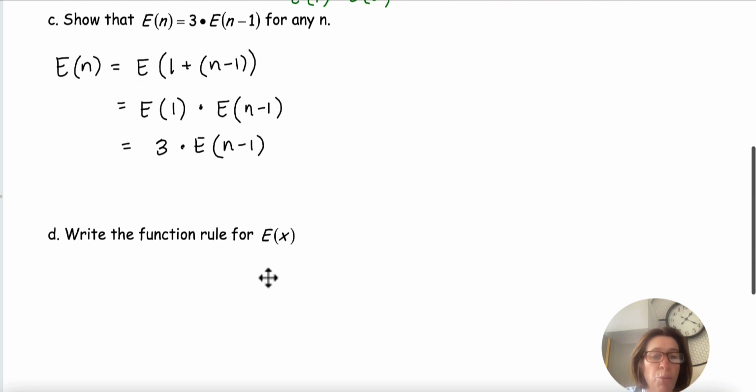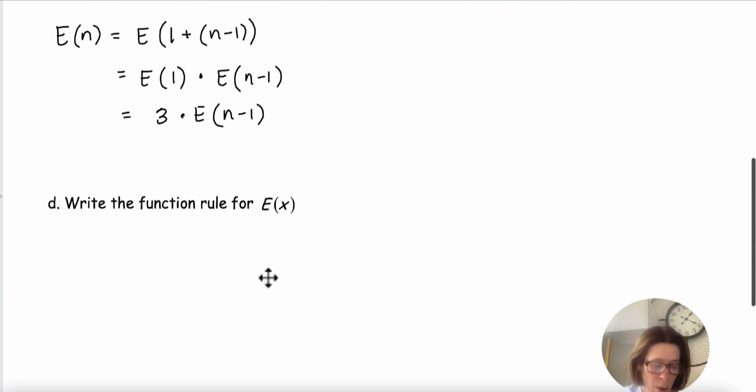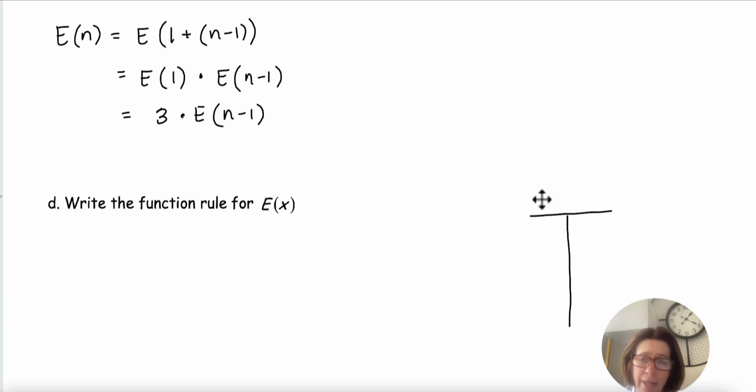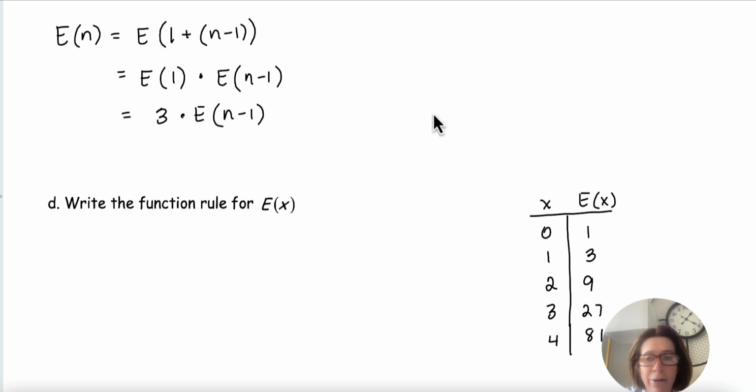Then it asks us to write a function rule for e of x. Well, to be honest with you, for me to write a function rule, I wanted to think about the pattern of the numbers I had. So if I said that these were x, then this would be e of x. The numbers we had would be 0, 1, 1, 3, 2, 9, 3, 27, and then 4, 81. And in looking at this pattern, I can see that this is going up by being multiplied by 3 every time, right? So times 3,